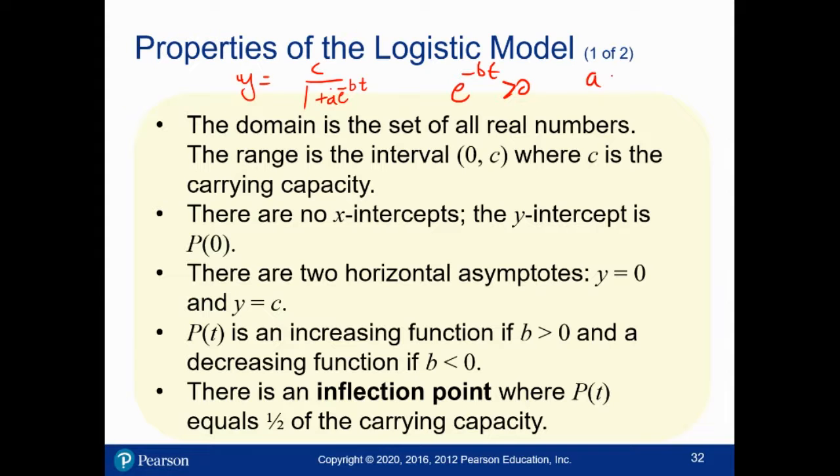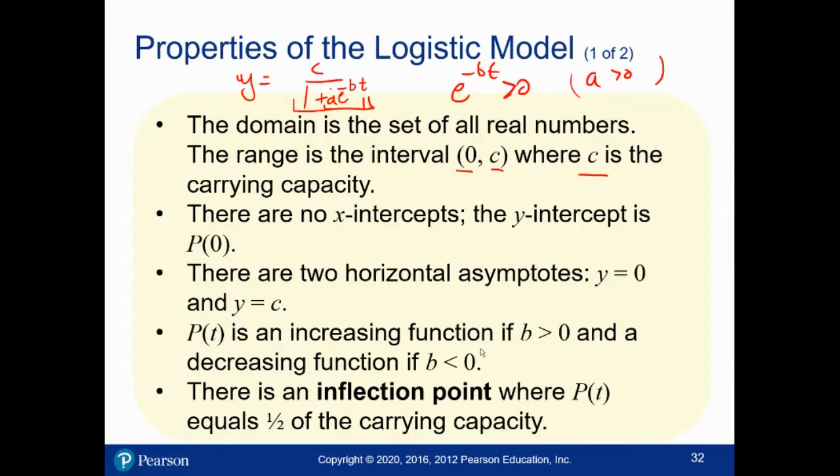And remember that a was given to be a positive constant in the previous slide, so this is positive, and therefore this can never be 0. So the domain is all real numbers. The range, as we saw in the previous slide, has two horizontal asymptotes at 0 and c, and it goes in between them. C is what's called the carrying capacity. It's the maximum possible value that the system can tolerate. If it's bacterial growth, for example, it can grow until a quantity of c, and that's what inhibits